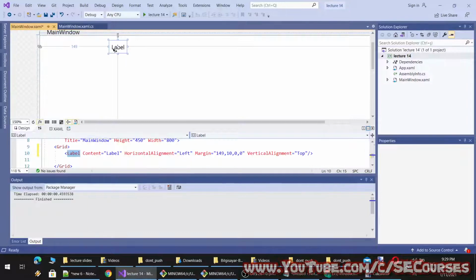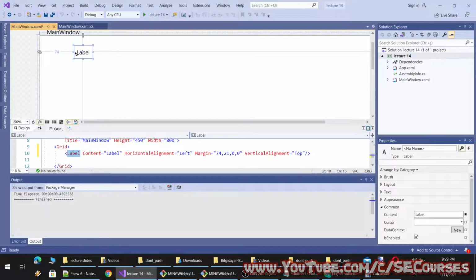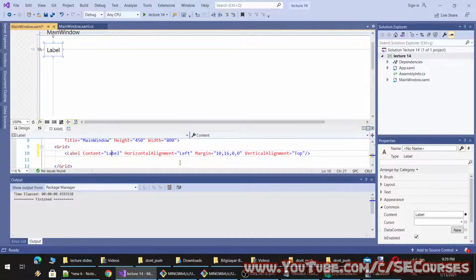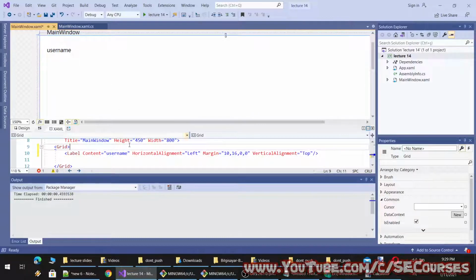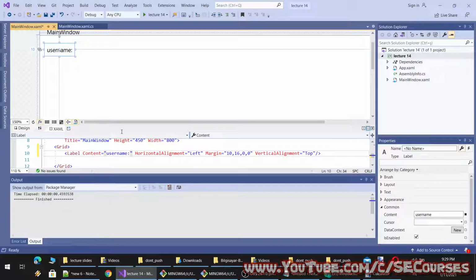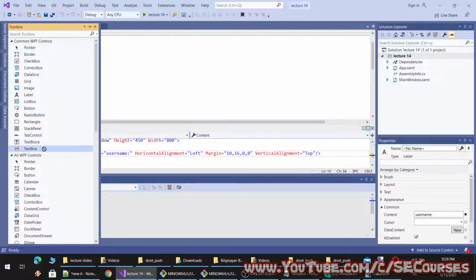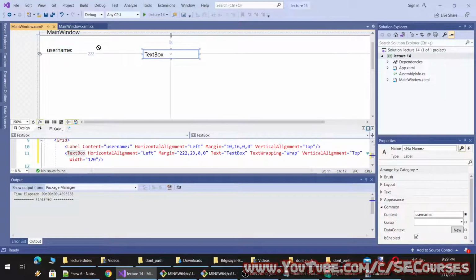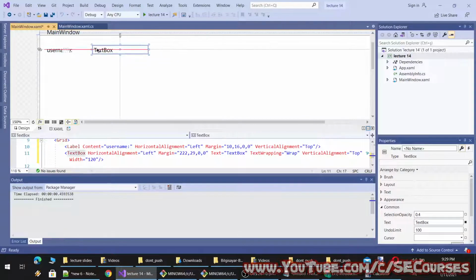So let's say this is the username text box. Let's make it like this. All right, then add a text box here. So this will be the username.